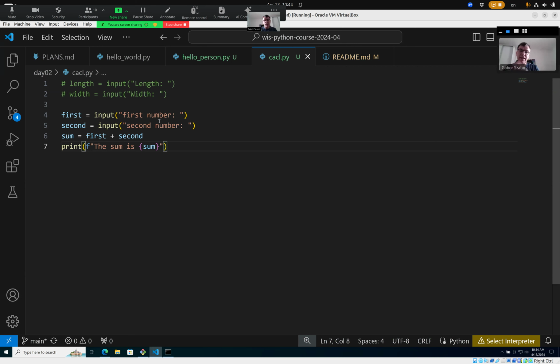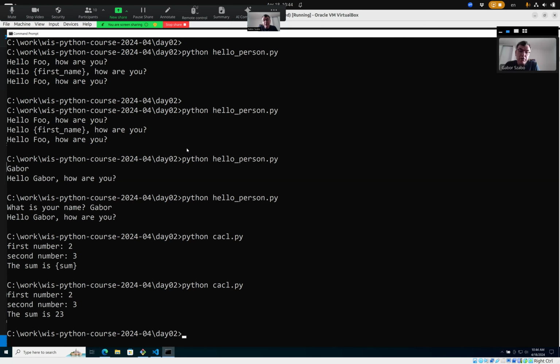Okay, it doesn't care about the fact that they actually look like numbers. When we put this first plus second, it concatenated the two strings. So we get the string 2, 3, which looks like 23. If we go back to the screen, it looks like 23, but Python only understands it as